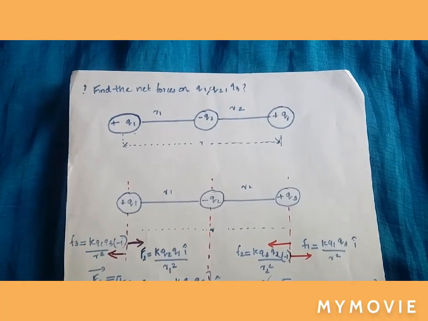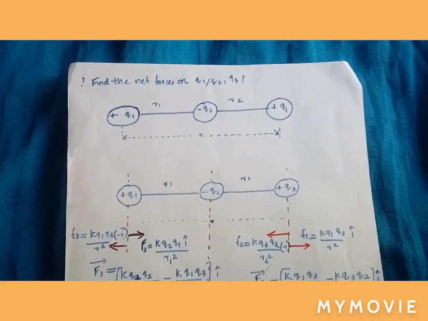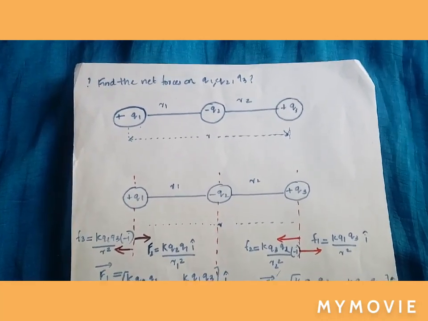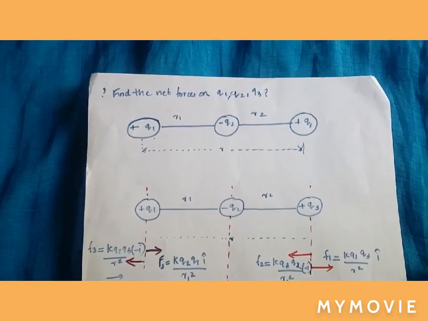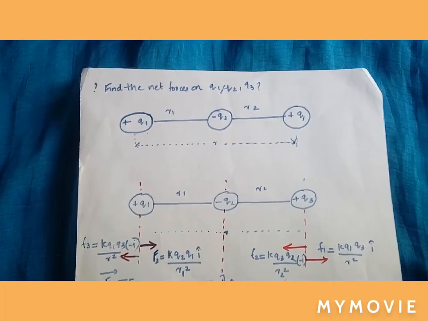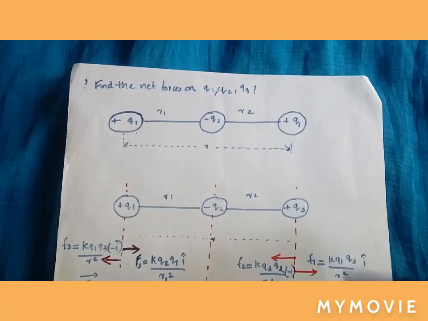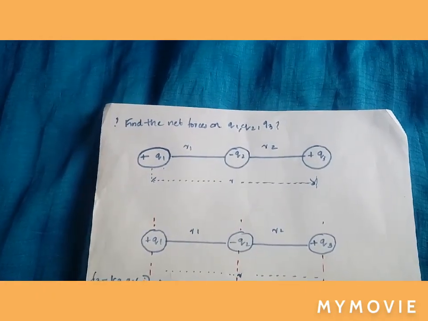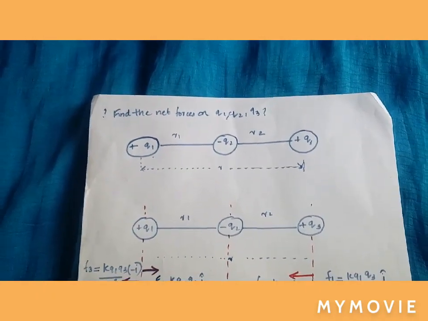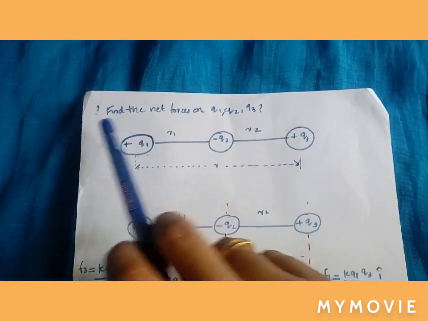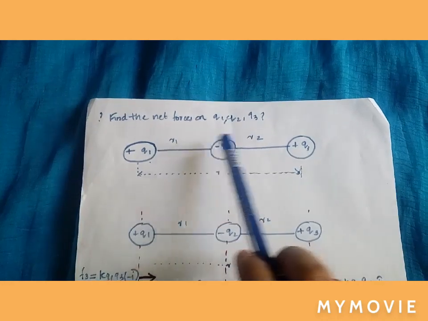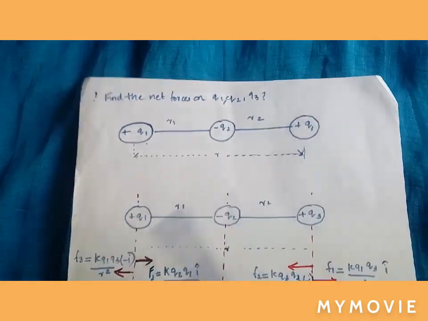So decreased by a factor of epsilon R, that is the relative permittivity. We know that like charges will repel and unlike charges will attract. And for a system of charges, we have to find the force on each charge. This may be an important question. So consider the system. How do we find the forces on each charge? So here plus Q1, minus Q2, plus Q3, with distances R1, R2, and here it is R.